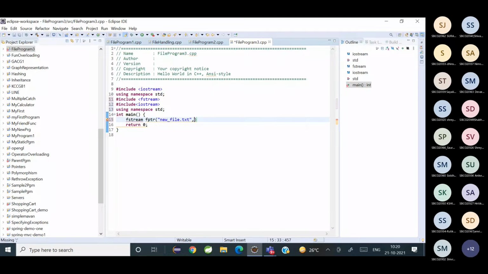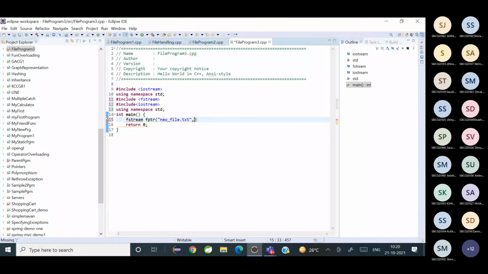Because with IF stream there is no doubt, it is for reading a file, and OF stream is for writing, right? But when I say F stream, it can be used for both input and output. So in that case, I have to specify the mode in which it is going to be used.